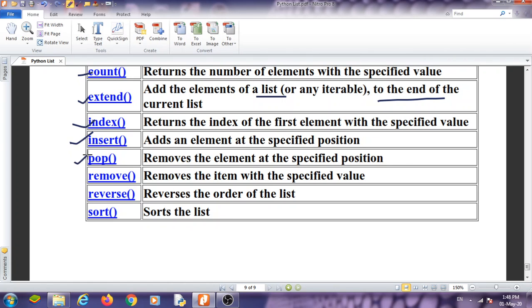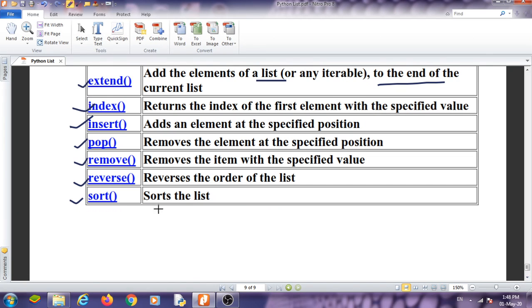Pop removes the last element if no index is given, and if an index is given it removes the value at that index. Remove always removes the element that is provided as the parameter. Reverse is used to reverse the list. Sort is used to sort the list.